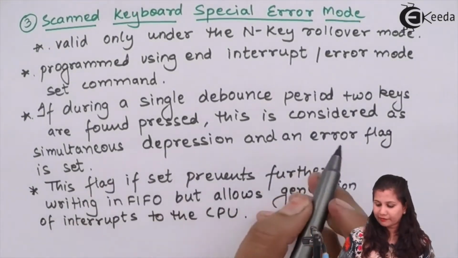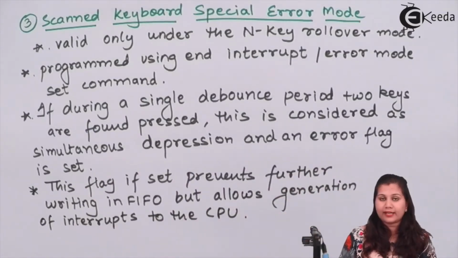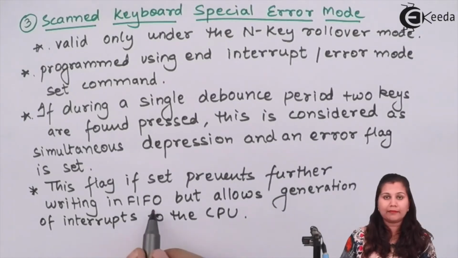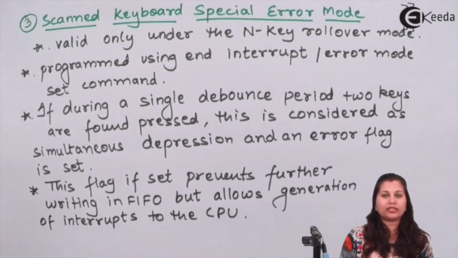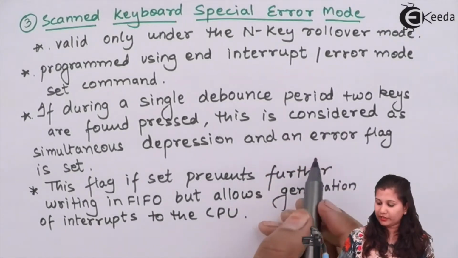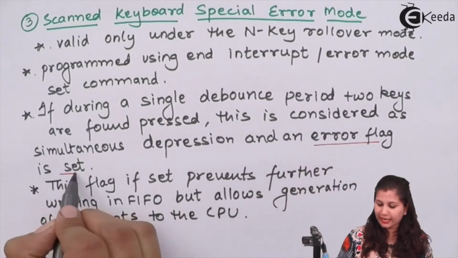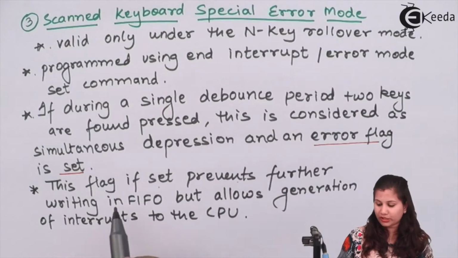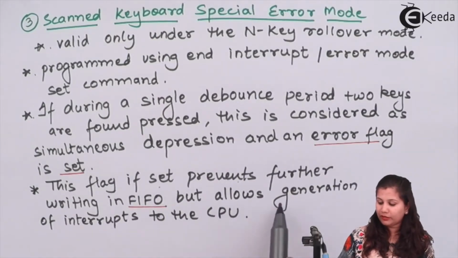Now when this error flag is set, it is going to prevent further writing in the FIFO RAM, because in the FIFO RAM the key codes of the pressed key are stored. When two keys are pressed simultaneously, an error is generated and this flag is set, so this flag will prevent further writing of the key codes in the FIFO RAM, but it will allow the generation of interrupts to the